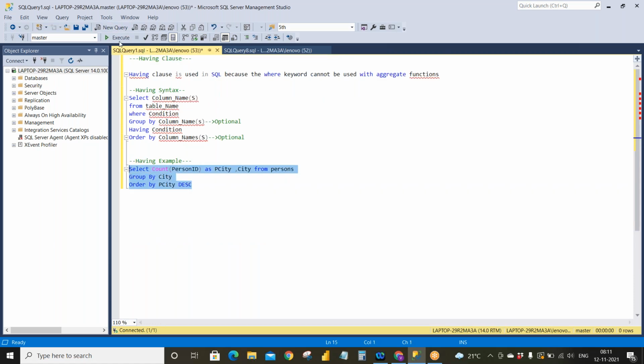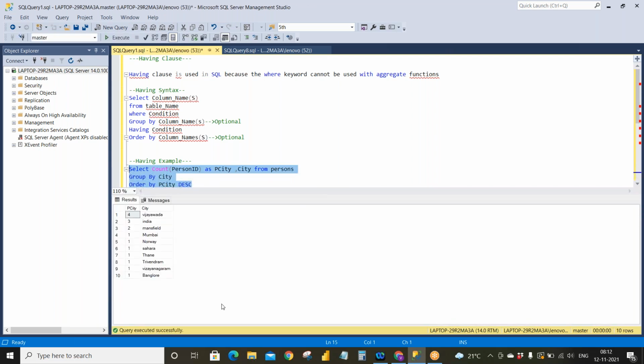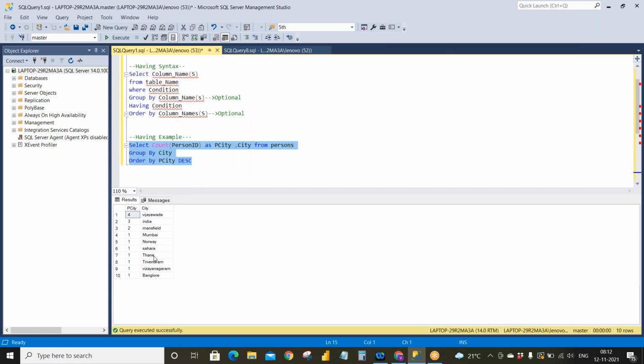So what it is retrieving me, it is retrieving the number of persons who are living in this particular city. Like the number of persons in one city, it will be retrieving. Now I want to know the condition like how many persons are living in the same city. Great, okay, one second. I want to know the cities where a minimum of 3 persons live in the same city. Did you get my point?